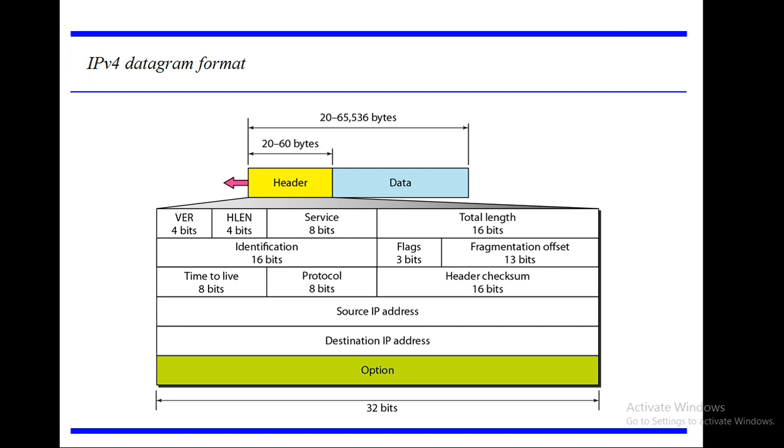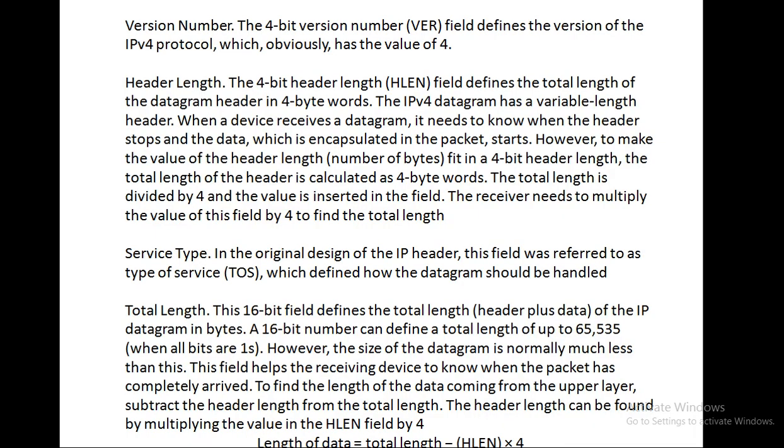So the header is again divided into many sections. Let us see one by one what these mean. The first one is the VER. You can see the first one is VER, which is nothing but version, which is 4 bits. So what does this VER indicate? This VER indicates the 4-bit version, and right now we are using IP version 4. So I have to fill in 4 in binary, that is 0100, or 4 in hexadecimal also. This will get clear when we solve the problems on this and the next slides. So just remember the version number will be equal to 4.